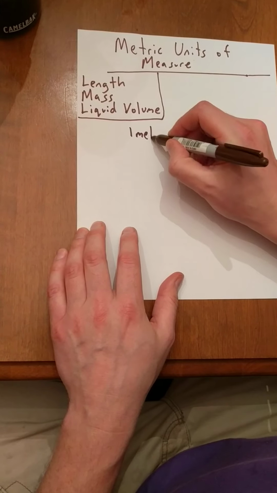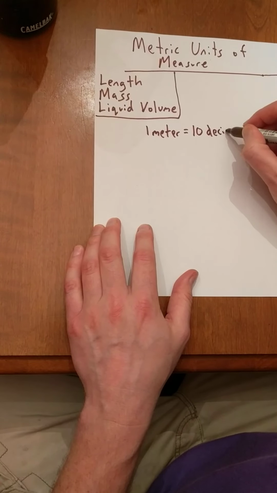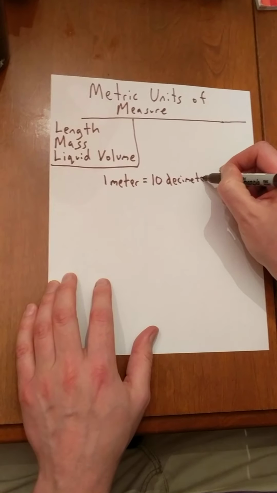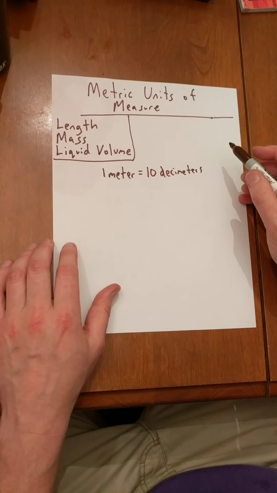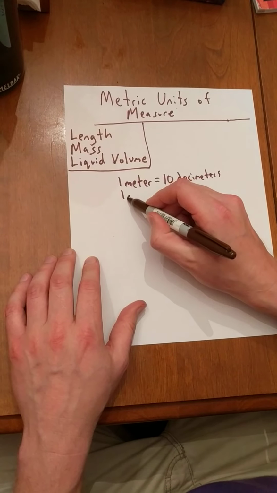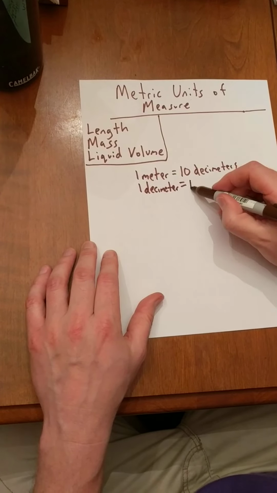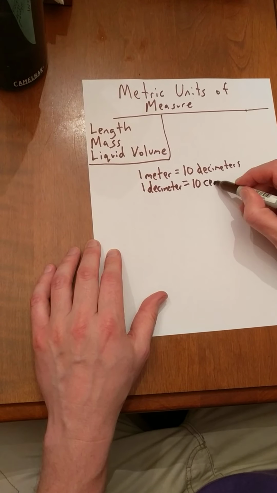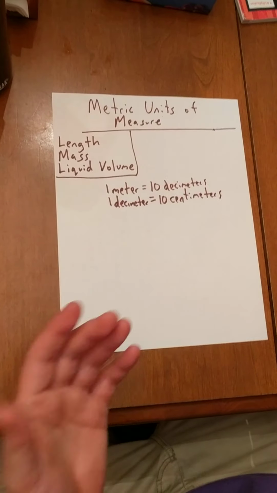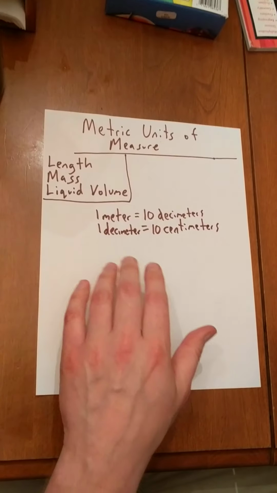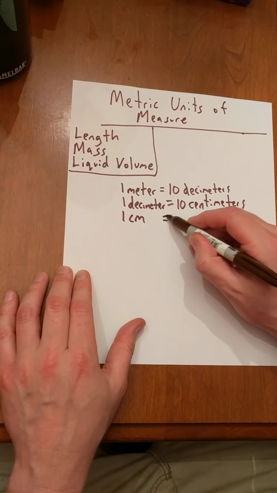The first thing you need to know is 1 meter is equal to 10 decimeters. Decimeters, DEC, is kind of like decade. Decade is 10 years. 1 meter is 10 decimeters. That's the way to remember it. 1 decimeter, and we are going to start abbreviating so we don't have to write it all out, is equal to 10 centimeters. Again, cent, like century is 100 years. You'll see where 100 comes in, but 1 decimeter is equal to 10 centimeters,